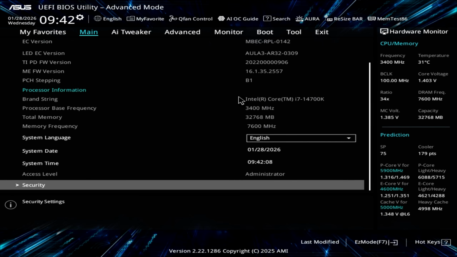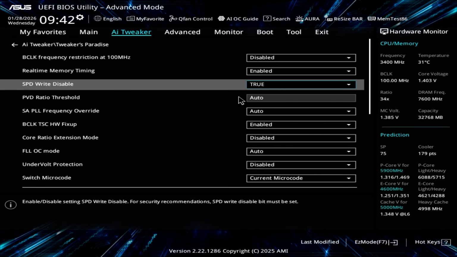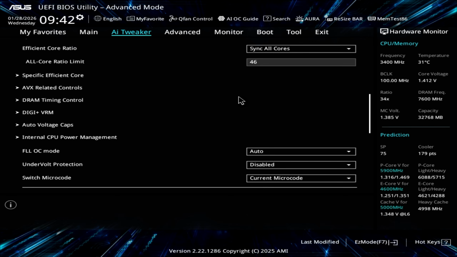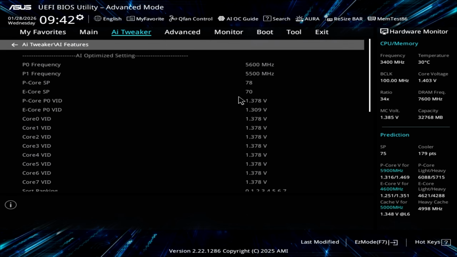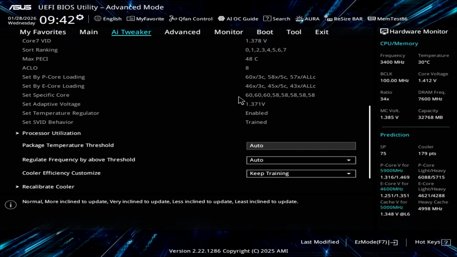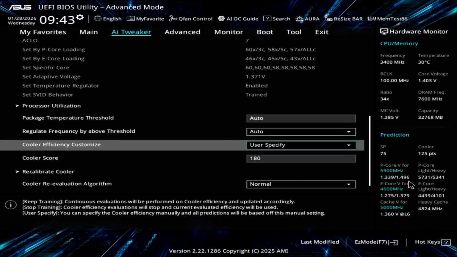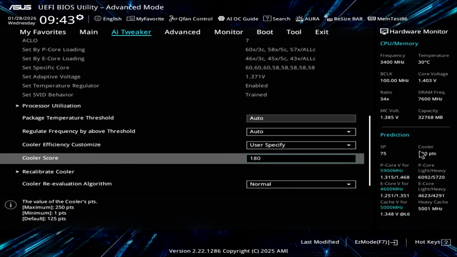So okay, we see that. We can go here in trickle paradise and touch nothing. I use the last test microcode, no problem. Here, for people that want to see the SP score. Anyway, we adjust a little bit the voltages, you're gonna see. The more cooling you have, the lower the voltage will be. We can use that to cheat a little.